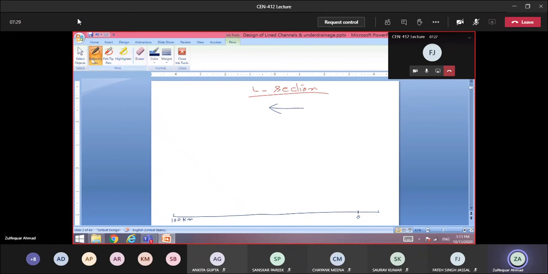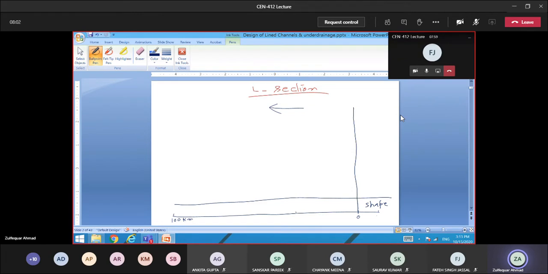Then what you have to do in this case is, as I told you, you have to provide the complete information. Complete information in this case is, let us say I'm putting a line here. The first thing to provide is, what is the shape of the channel? Whether that is a rectangular channel, trapezoidal channel, rounded corner channel, and there may be other channels here.